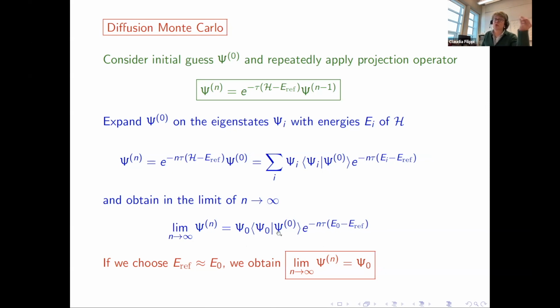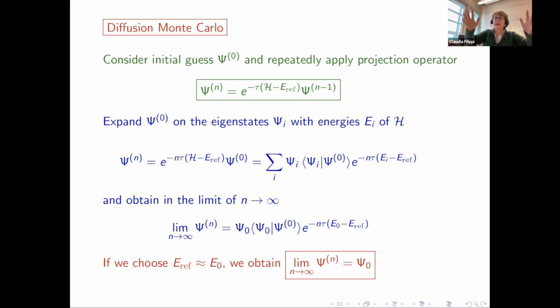Whatever it is, you still have to choose something initially which is not orthogonal to the state you're interested in. For instance, by symmetry, okay? So if you're interested in a singlet, whatever, A1, you better not choose a singlet B1 or something. So we are assuming that this overlap is different from 0, and you have this exponential, and if you are adjusting your reference energy to be equal to E_0, okay, you can estimate it as you go, so if it is reasonably close to E_0, you obtain in the limit of n going to infinity that psi_n becomes psi_0. Okay, so that's a way, that is why it's called projection.